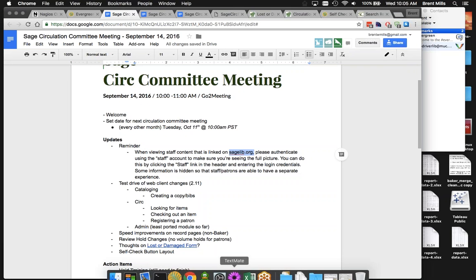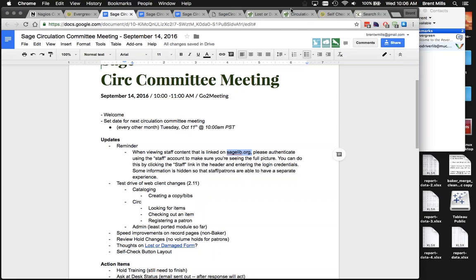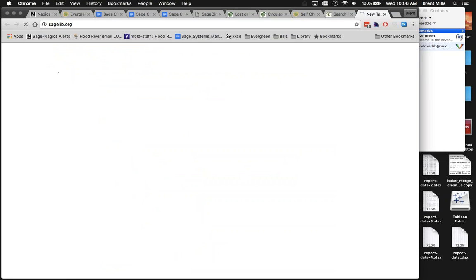So for people coming on after, it's good practice, if you're going to be looking from a staff perspective at sagelib.org, which you would be for the most part unless you were a patron wondering about patron help issues, that every time you go to sagelib.org,